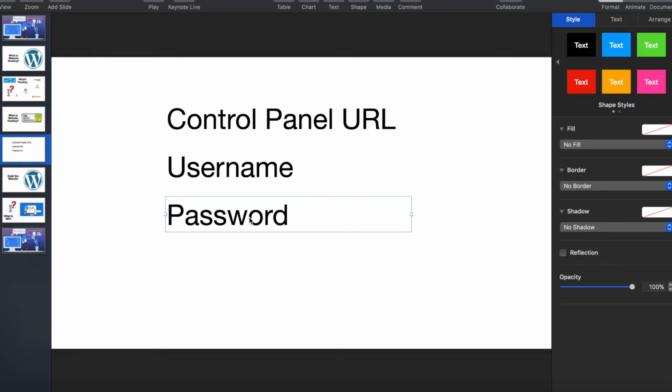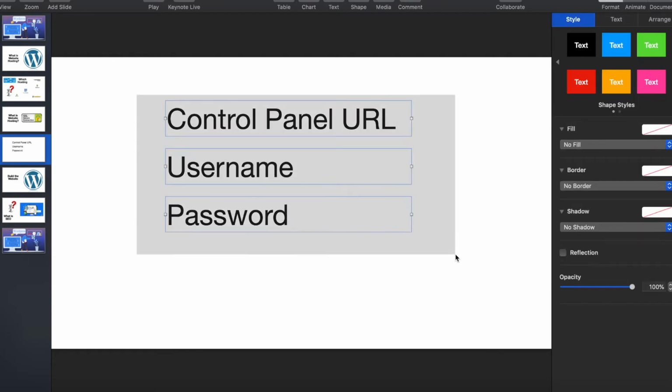That first email that you get that includes the URL of the control panel, the username and your password, you must not lose that email. You must save it. You must write down your URL, username, and password. You must print that email, maybe then delete it from your server, but you must keep this information in a safe place because it's what you need to access the control panel where you are going to be building your